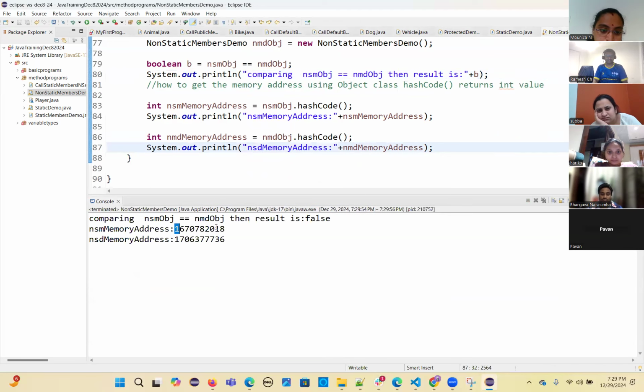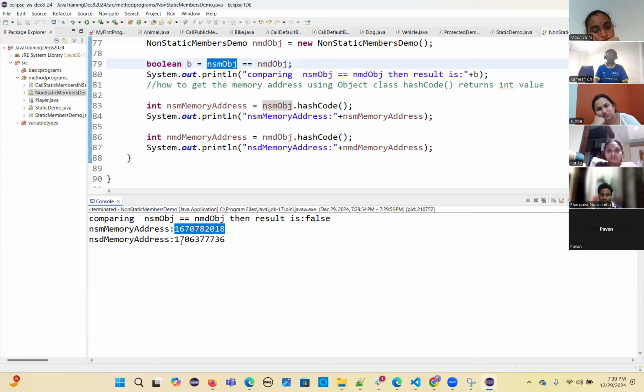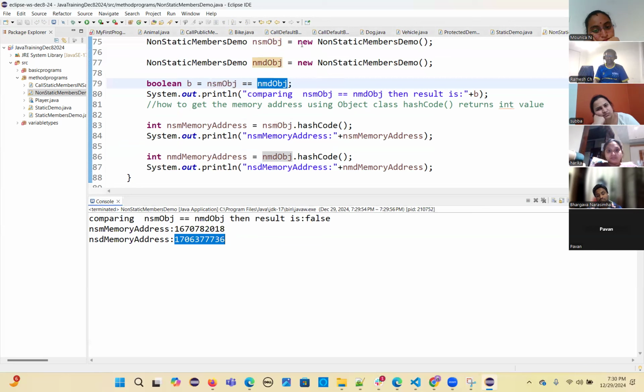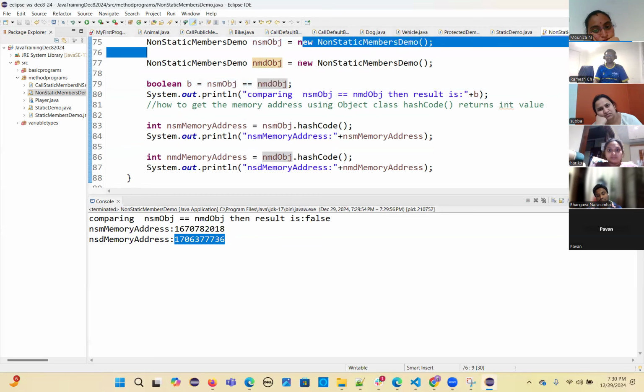So both memory addresses are different. That's why you are getting false here, because the two integer numbers you are comparing are not the same. Here you are getting false because this memory address is 167078218 and this memory address is 170637736. It's not the same. Each memory address is different